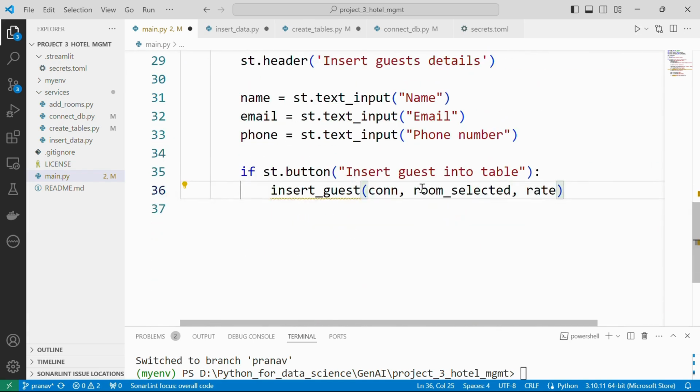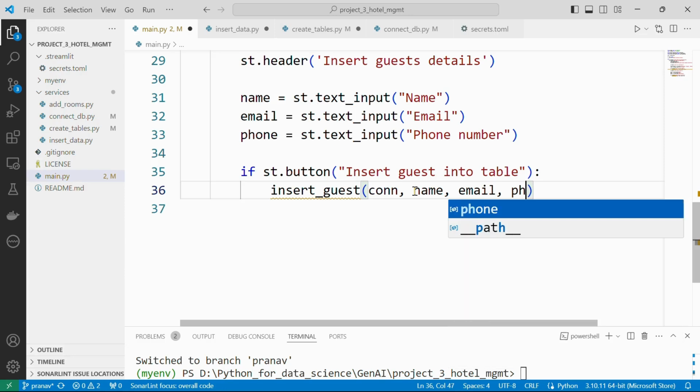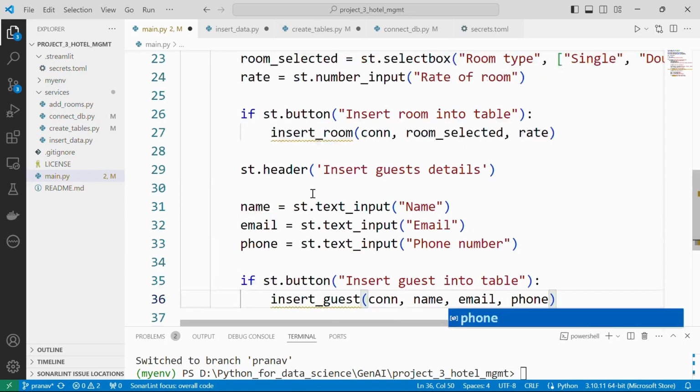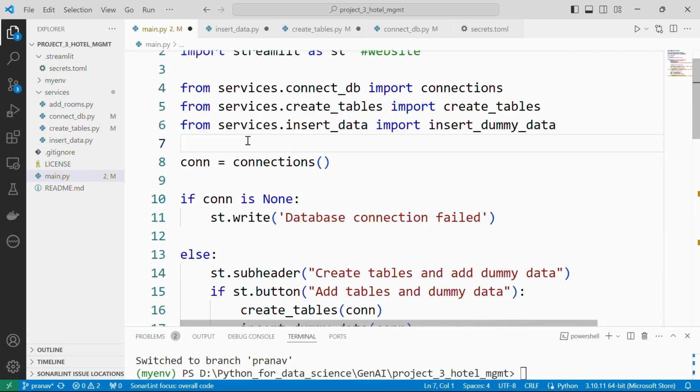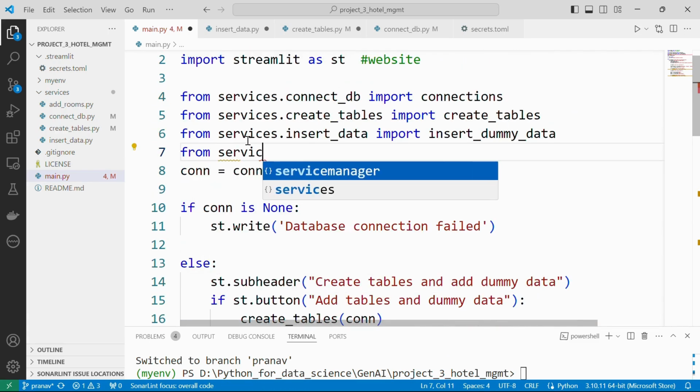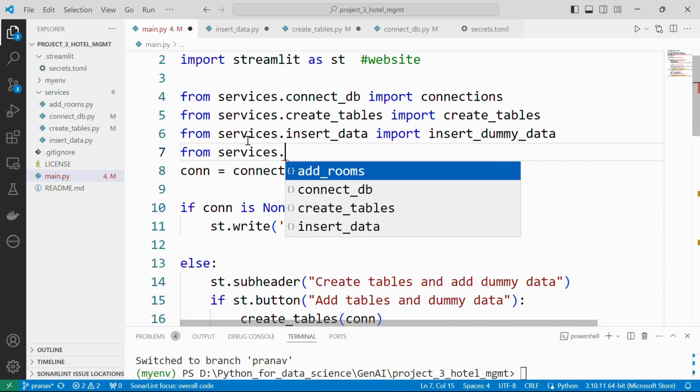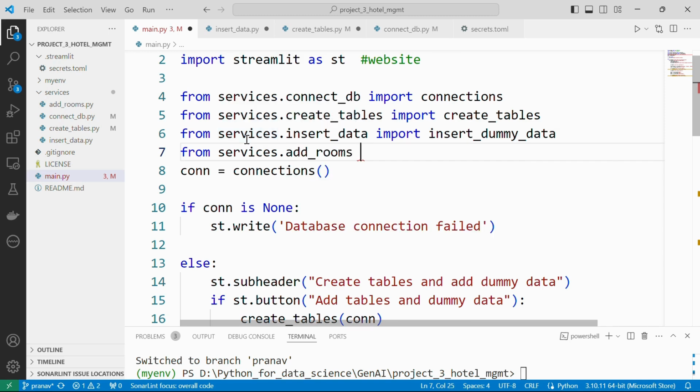So here instead of room selected we have to pass name, email and phone. Okay, and then this insert room has to be imported from services dot the file where it will be inserted. It is add rooms file and